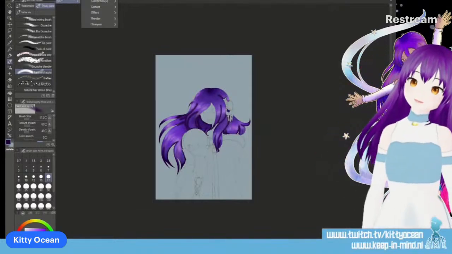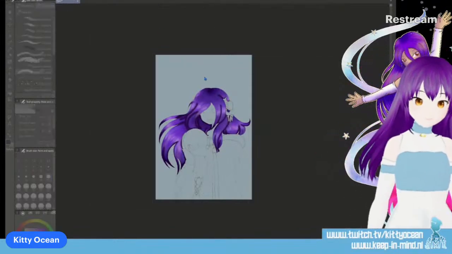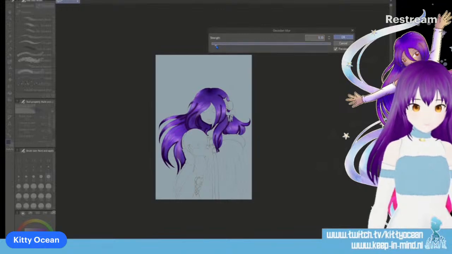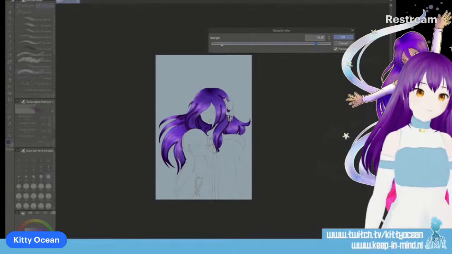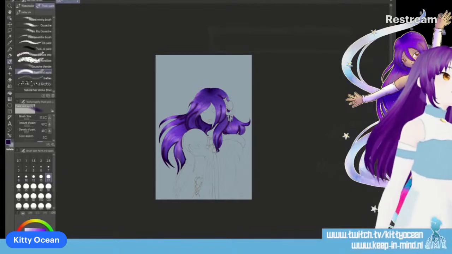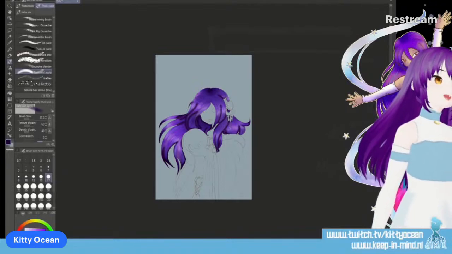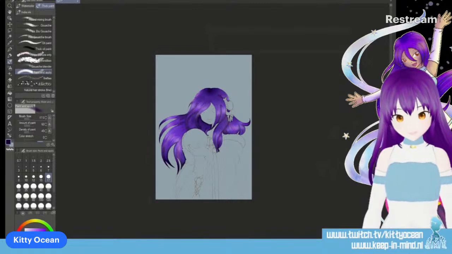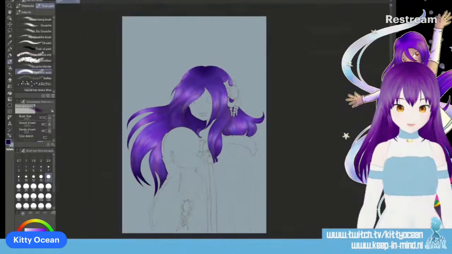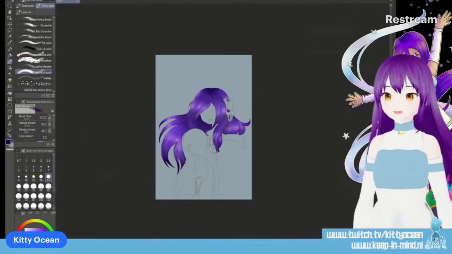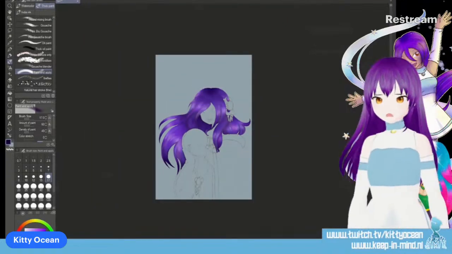And then I still need the blur. And then I need to multiply it and make it less. Okay, I think this is it. Let's zoom in. Yep, see that the hair is getting a lot more depth right now?